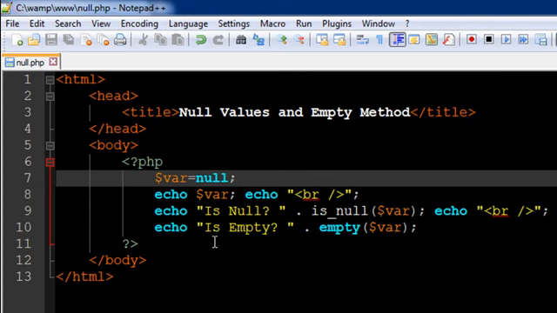Now, a lot of people would tell you that null means 0 or null means space, but that's not true. Null values actually mean nothing, right? So in case you have a value that is nothing, you can call it null value. And this can be tricky to understand, but I'm going to give you an example which I hope is going